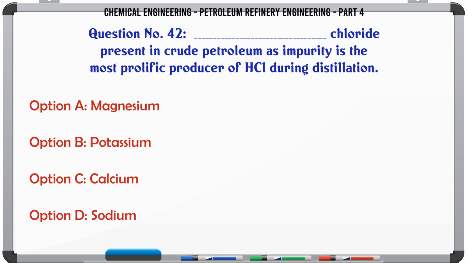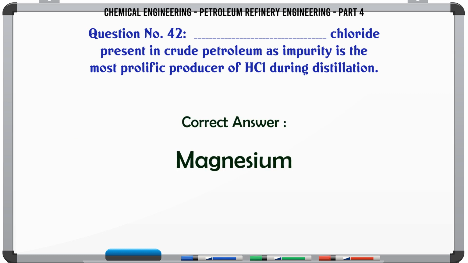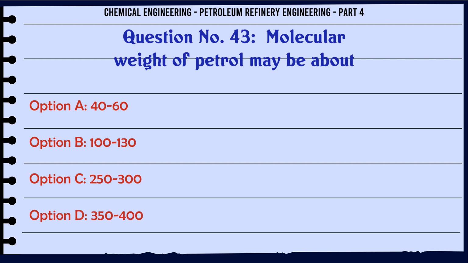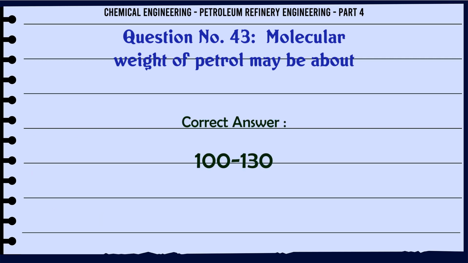B. Potassium. C. Calcium. D. Sodium. The correct answer is magnesium. Molecular weight of petrol may be about A. 40-60. B. 100-130. C. 250-300. D. 350-400. The correct answer is